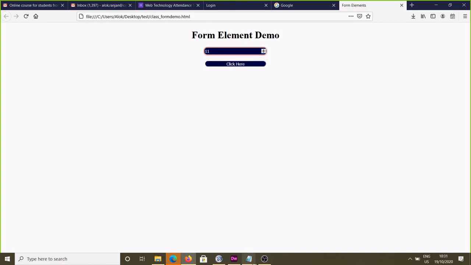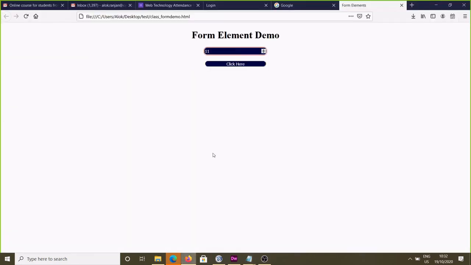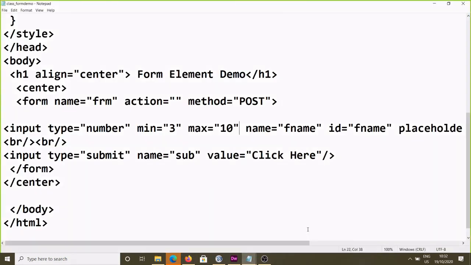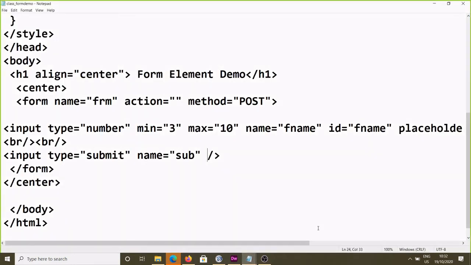Okay. One more thing, in place of the submit button you see it is coming, click here. Suppose that you already missed this value, I already missed this value, then Control S, you see what is happening here. Yes, now see, Submit Query is coming by default. So if you are not writing the value, by default it will come as Submit Query. Okay, so I think you got the idea.